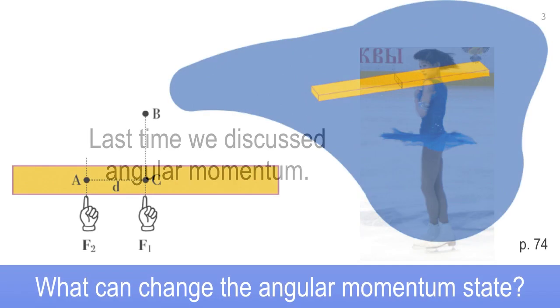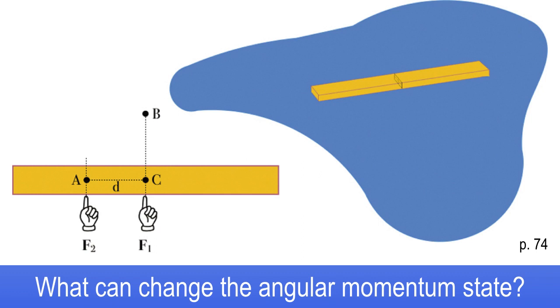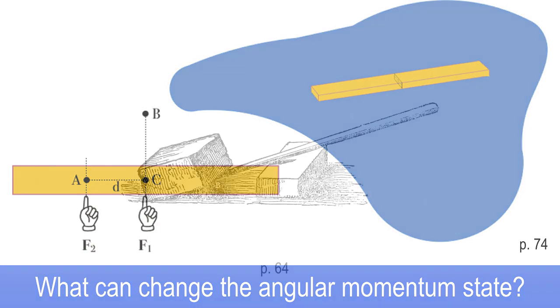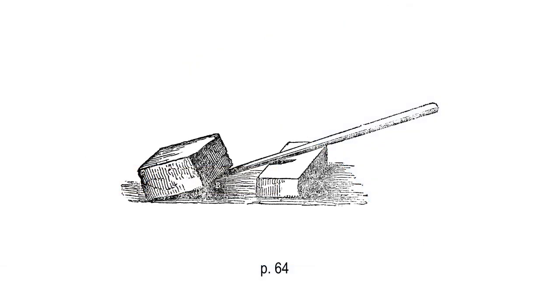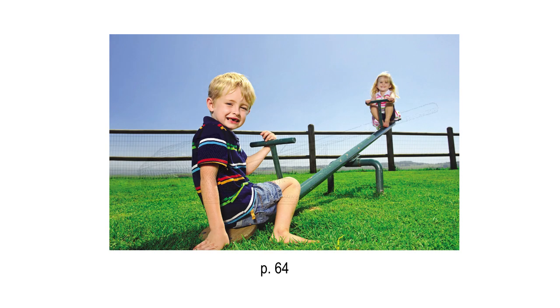Now, it leads us to this question: what is it that can change the angular momentum state of a skateboarder? And we're going to talk about that today. Basically, the answer is leverage and torque. So here's an image from page 64 of the hardcover or the ebook version instead of the website. A couple pictures of shrimpy little kids. But before we get to